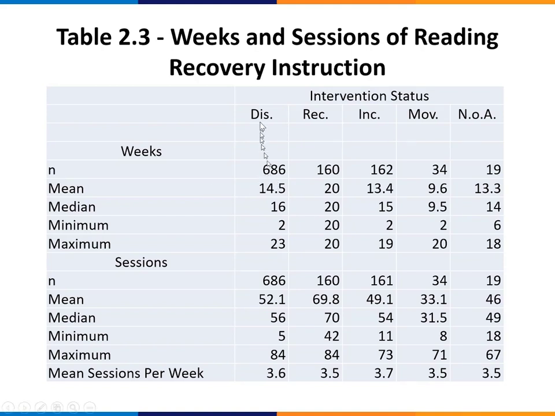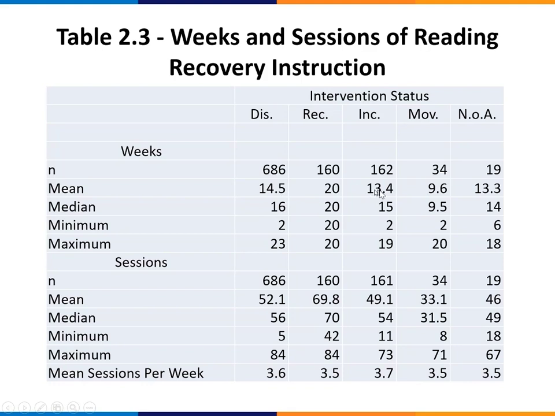So for discontinued students, 686 children were used in the calculation of, say, the mean, 14.5, which it happens to be. On average, our discontinued children were getting about 14 and a half weeks of instruction. Our recommended kids were 20. That's not really a surprise. Incomplete kids were getting about 13.4 weeks of instruction. And none of above about 30. Well, let's look at our recommended and